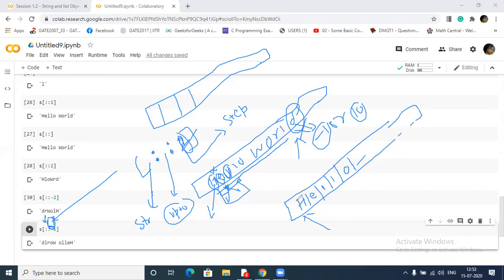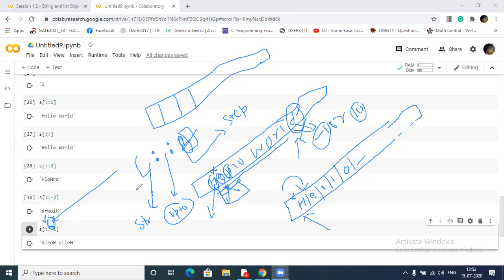You cannot write X in place of H, or any character in place of H, neither E nor L. We cannot write any other character in any place. This is called the immutability problem. So our string will show the immutability problem.